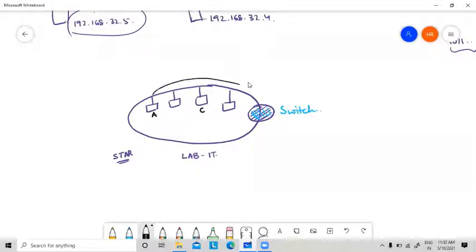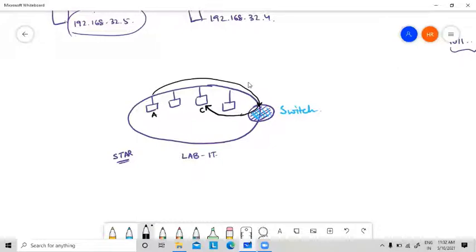It will send the data to this intermediate device. Then the intermediate device will check what the destination address is. Then it will send the data to the destination device. It means all data is passing through this intermediate device.